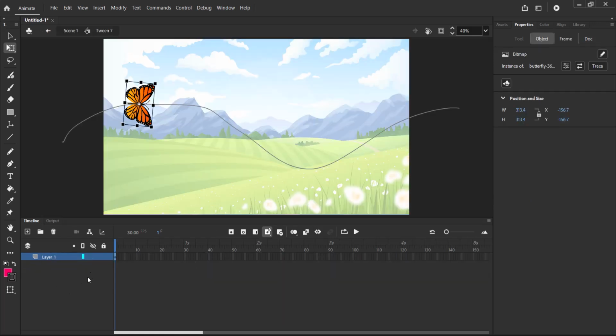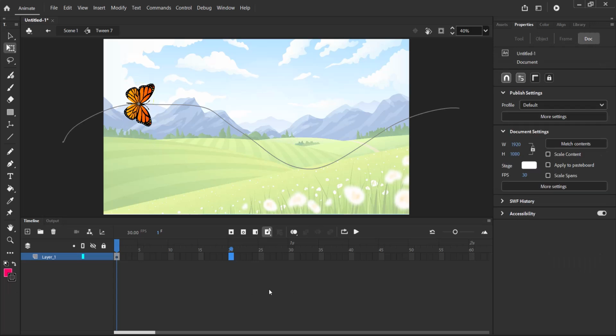and you realize that your layer has changed. We now have layer 1, but you still have your main scene and the tween that we've just double clicked on. I'm going to extend or expand my timeline a bit, and I'll head to 20 frames, not 1 second. Let's say 20 frames,